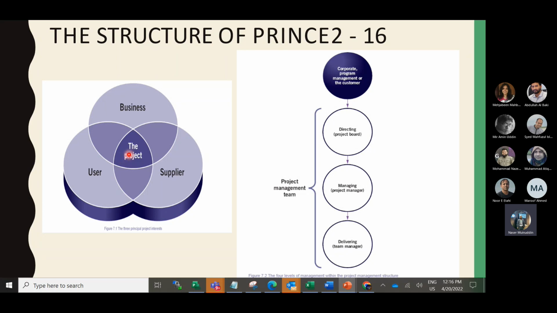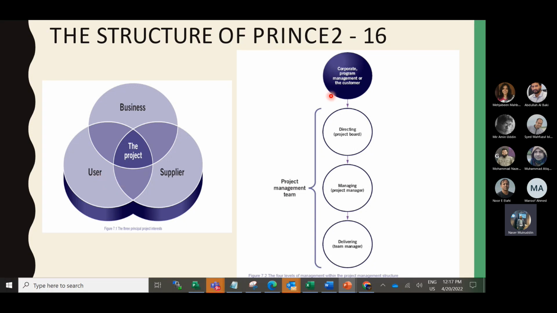The executive is running the business part. The supplier will provide the resources to deliver the project, and the user will use the product after the project, so their interest is also there.